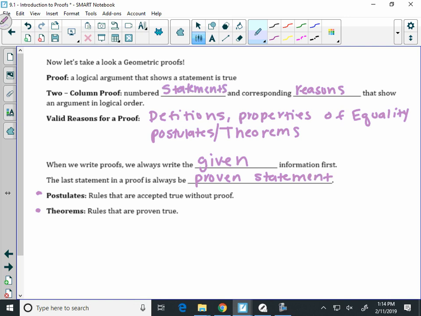Okay, so you're going to be given information, and then you're going to say, based off this information, prove that this is true. And whatever you're trying to prove true is always last in a proof, every time. Questions over that? Okay, so now what we're going to do